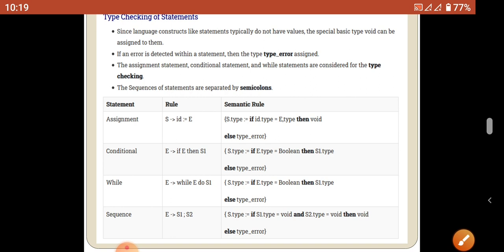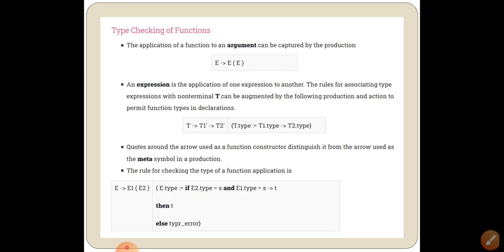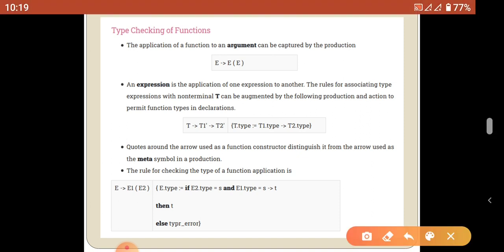So next we are going to discuss type checking of functions. Already we discussed E open parenthesis E close parenthesis. The first E is the function name, the second E is the arguments.